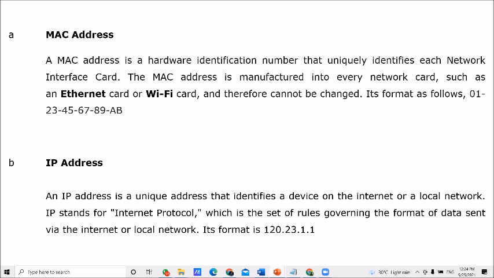Then the second part, they are asking about NIC, Network Interface Card. Network Interface Card is a hardware device available with your computer to connect your computer to the network. Then look at the note and get the idea about network interface card.